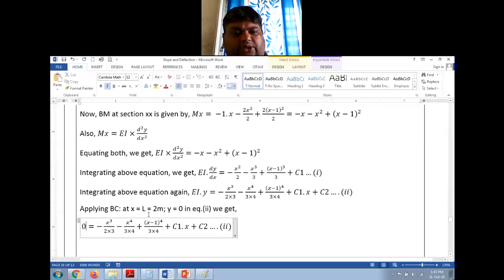X value is 2, so this will become 2 cubed by 2 into 3 is 6, 2 raised to 4 by 3 into 4 is 12. 2 minus 1 is positive, so I will take this one also. 2 minus 1 raised to 4 by 12 plus c1 into x. So it will become 2 times c1,